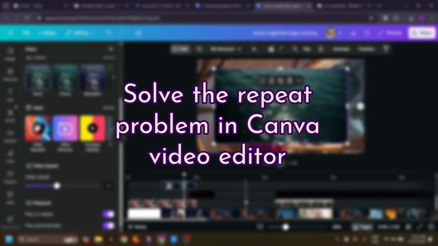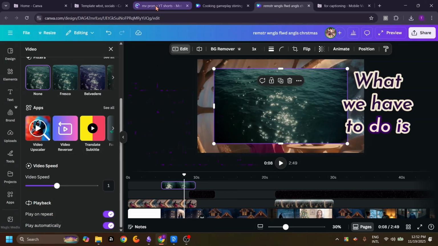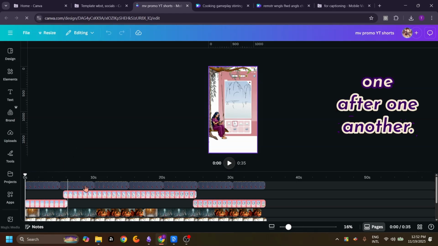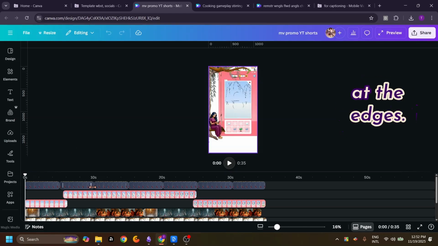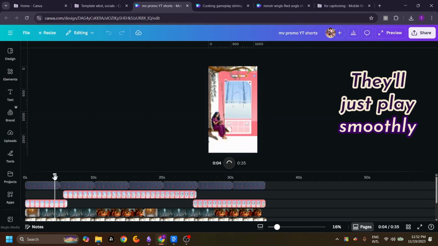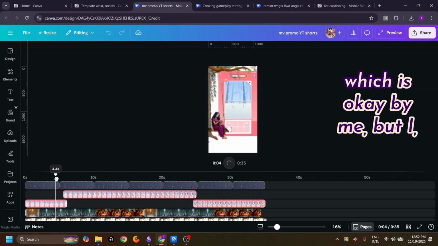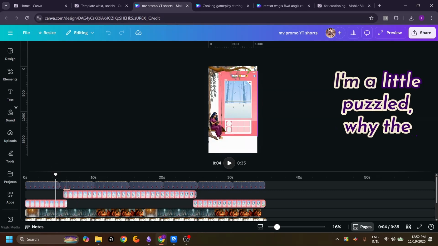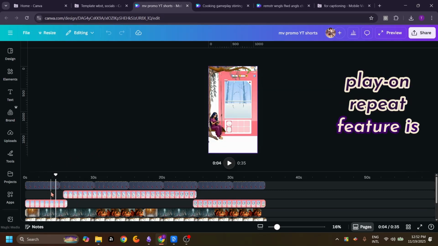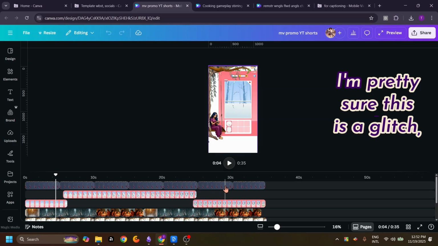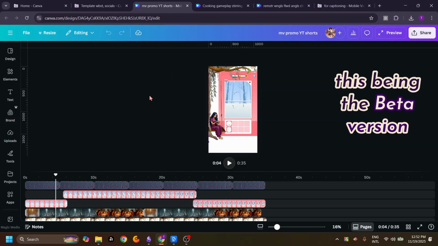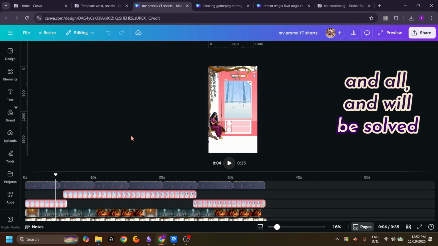But solving this is also very easy. What we have to do is just stack the elements one after another. If they're attached at the edges, they will just play smoothly without any problem, which is okay by me, but I'm a little puzzled why the play on repeat feature is still there, but it's not working. I'm pretty sure this is a glitch, this being the beta version and all, and it will be solved soon